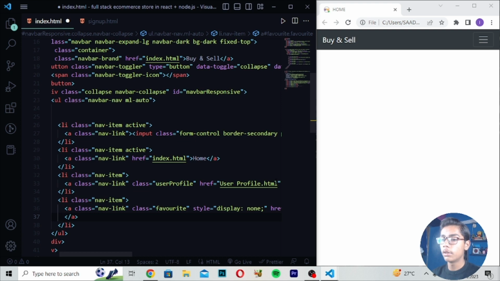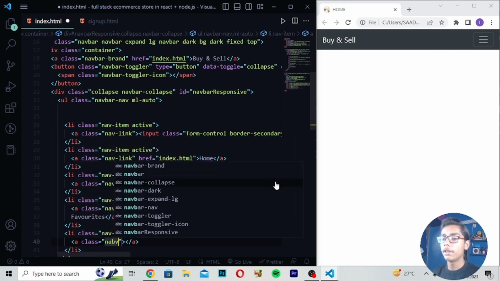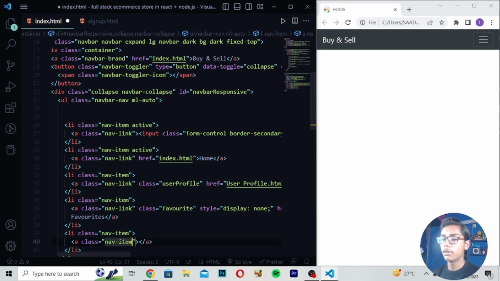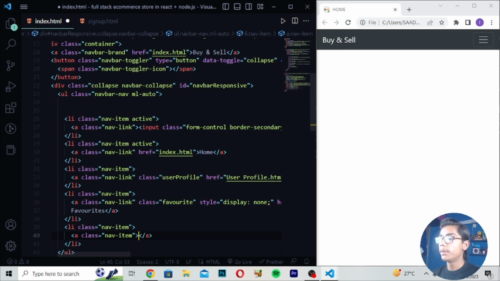So here I will write the file name, and here you have to write id favorite like this. Then you have to move down, and here I will write favorites like this, and then move down. Right here li class nav-item, and after writing nav-item I will write an a tag, right here class nav-item again. So here I will now just write. Then you have to do one thing. I will move down right here, another tag which should be nav-link. So here I will now write nav-link.